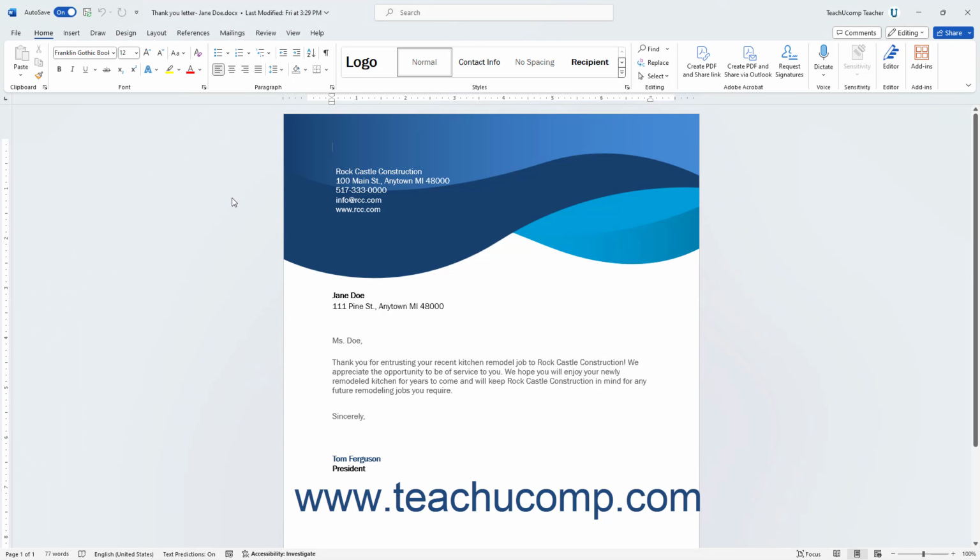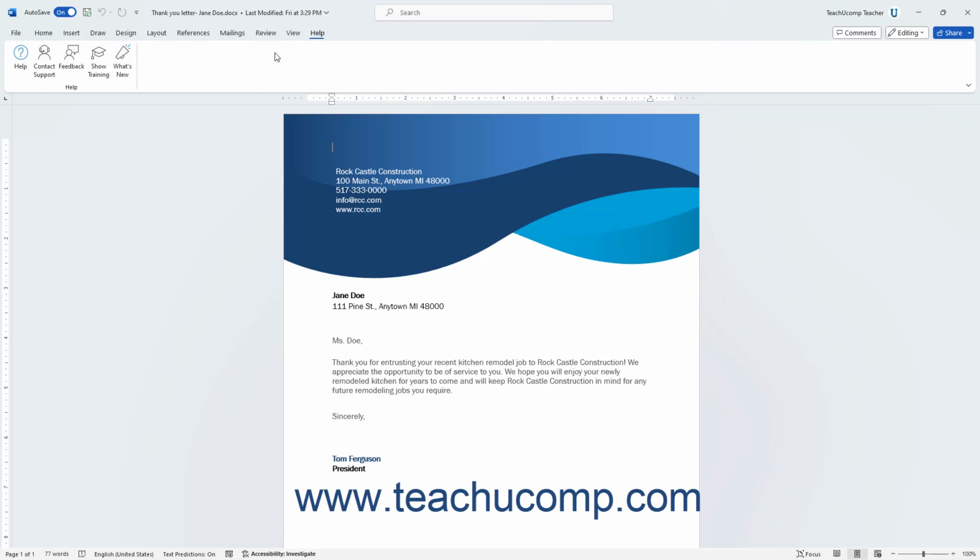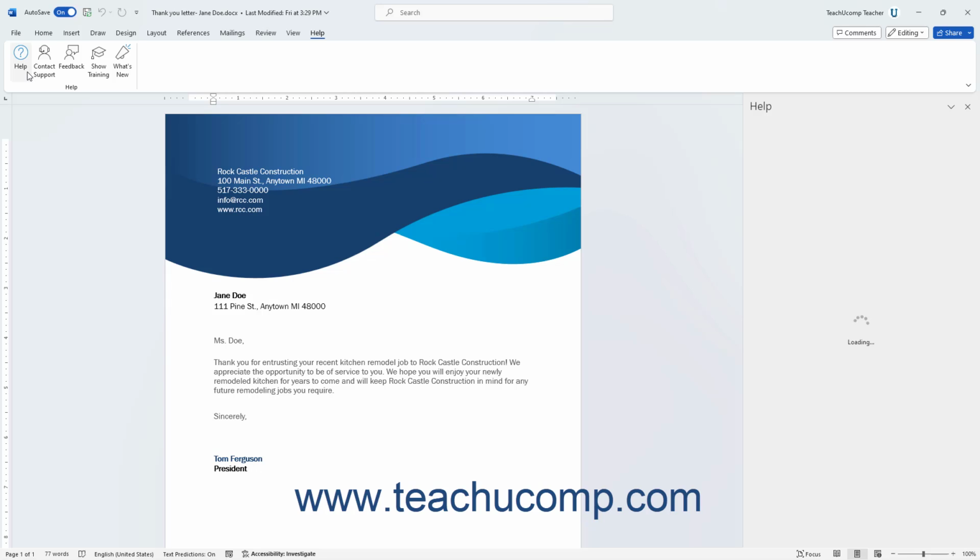Word has built-in help functionality, which can greatly reduce the time and cost of technical support. The help functionality is extensive. It contains a searchable database of help files for you to read. To get help in Word, click the Help tab in the ribbon. Then click the Help button in the Help button group to open a help pane at the right side of